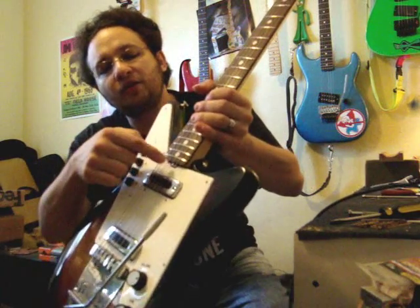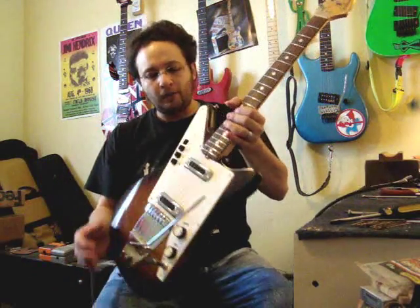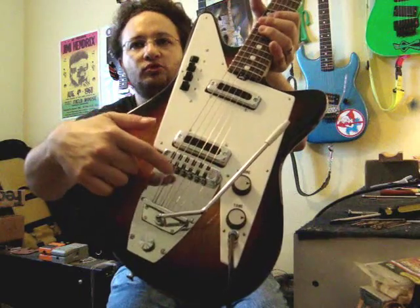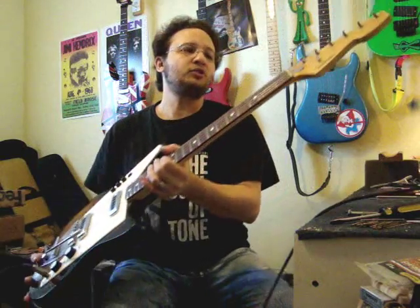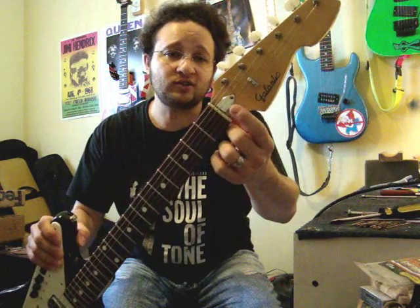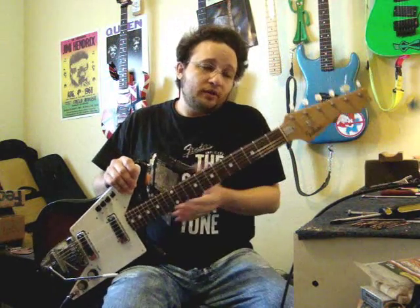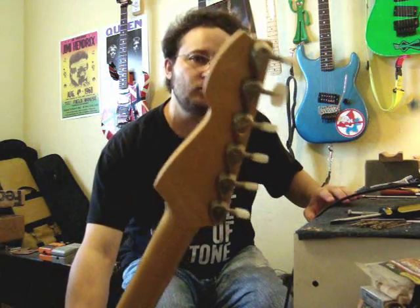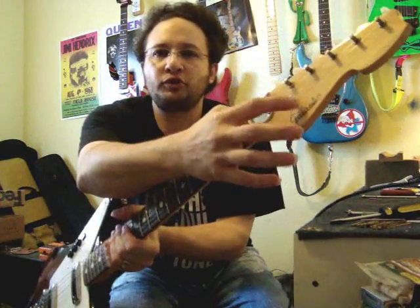Such as the truss rod adjustment right here that looks exactly like the type used on the Music Mans of today. Push button switching for the pickup selection. Roller saddles on the adjustable two-pneumatic bridge so that when you're using the tremolo you get less friction. Interesting thing about this, it has what looks like a truss rod cover at the headstock, but when you take the screw out and take it off, there's nothing there. So, I don't know. It's all original. It's even got the original tuners, which work very well, with the pearloid buttons, a 3-string string tree,